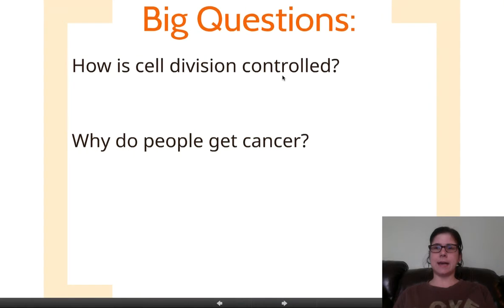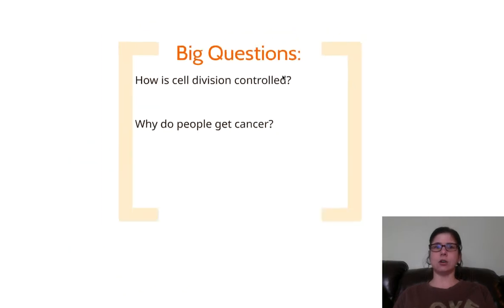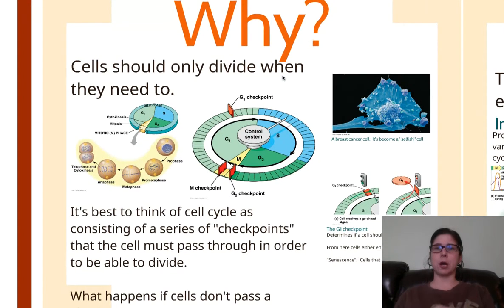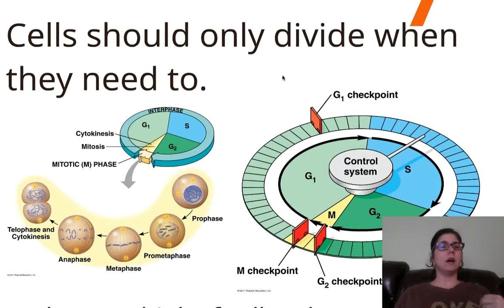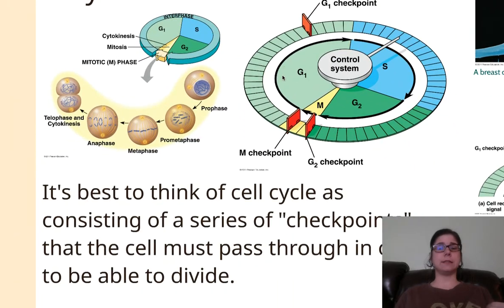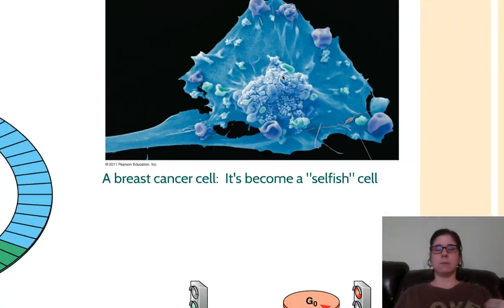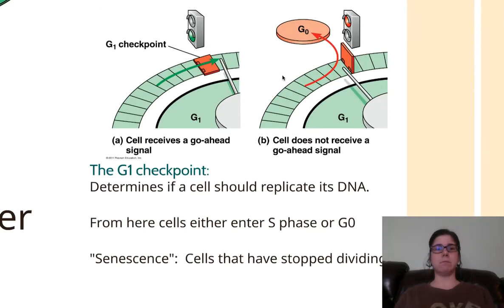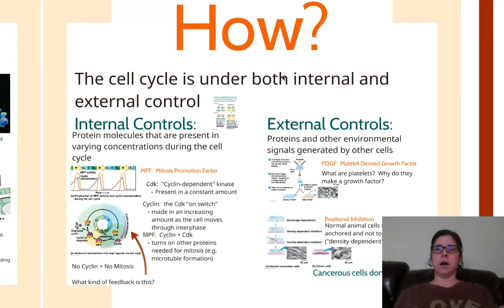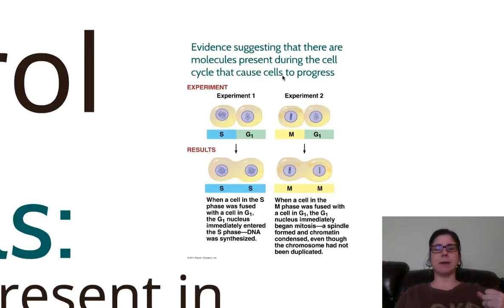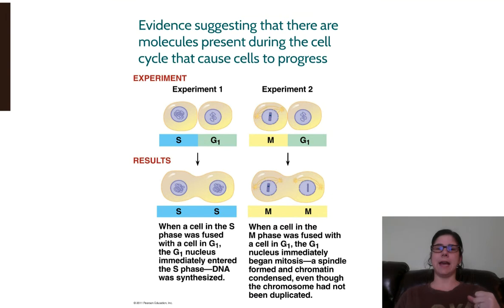Again, this is actually on the website, so if you do not remember the first part, or you were gone that day, or you just need to go back through, please do. We started talking about the cell and the cycle, the reasons why a cell would divide: for growth or for repair. We talked about internal and external controls and regulations, especially the MPF, that's the cyclin and CDK